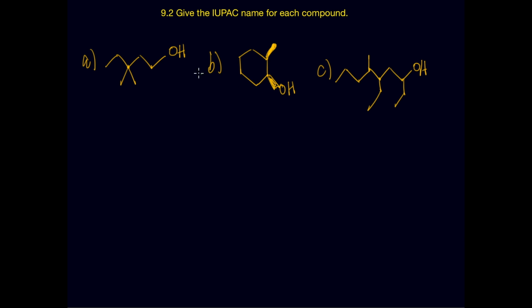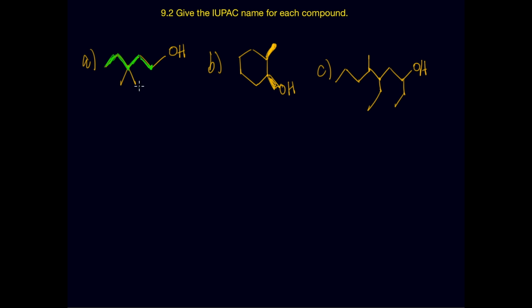So these are alcohols. We want to locate the alcohol, identify the carbon atom that is connected to it. I just make a dot here so you can see where it is. And then we need to find the longest chain that goes through the molecule. It looks like 5 carbons here is the longest chain. We count them out. There's 1, 2, 3, 4, 5. Okay, so this is a